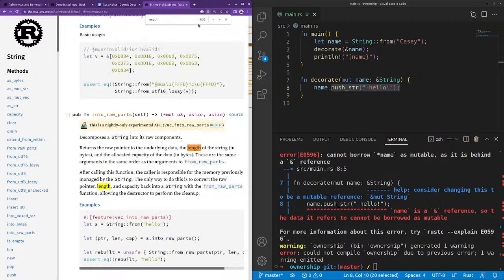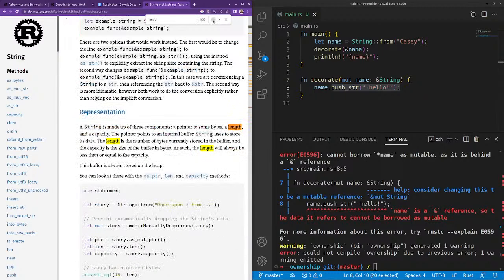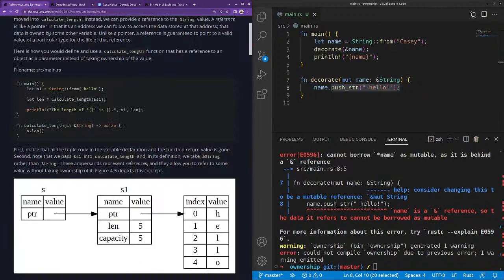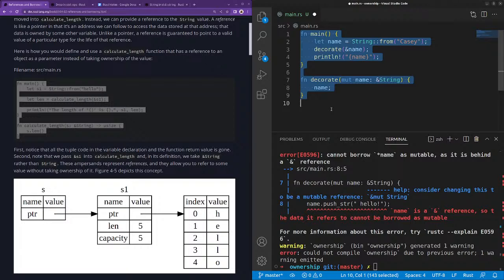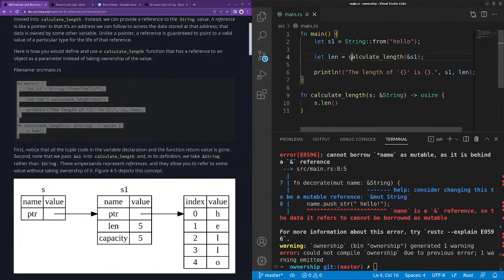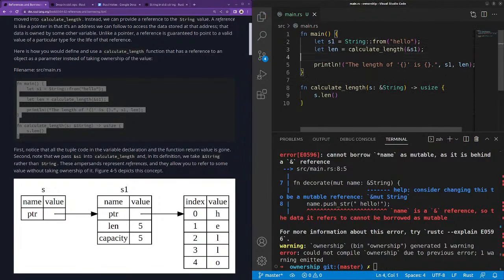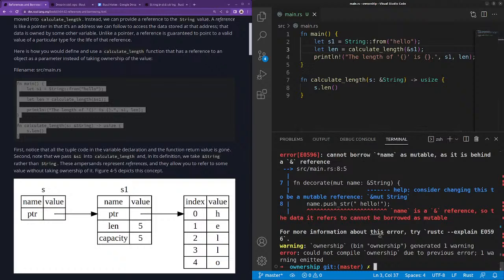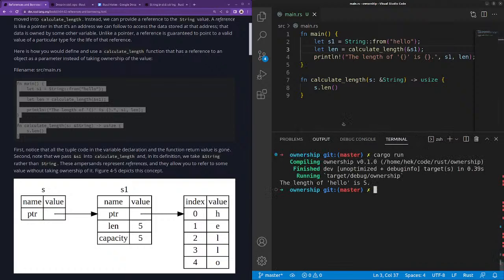So we want to know the length of this string. Maybe it was actually here. Yeah, okay. Yeah, of course. Basically, I am just redoing what this example says, so I might just as well copy everything. Yeah, of course this works because we are not mutating the input string. Okay,